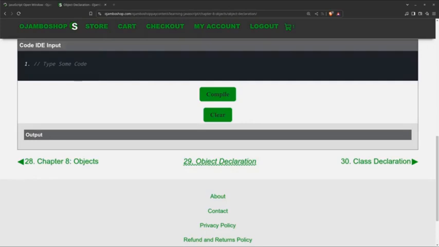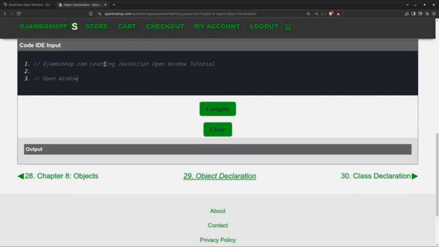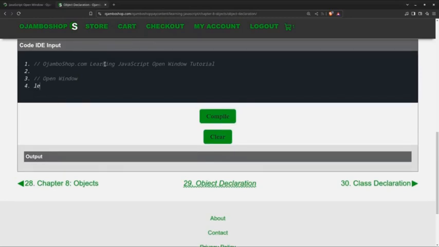Okay, let's begin here, the coding part of the tutorial. Let me zoom in a little bit. You can always copy and paste right into the editor here. Okay, new window